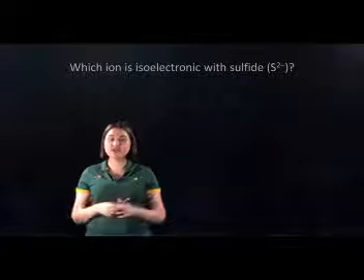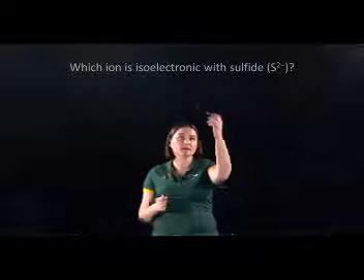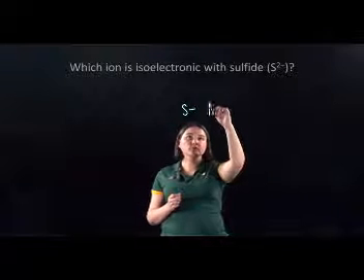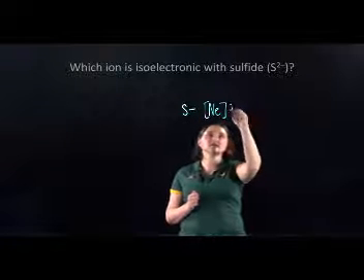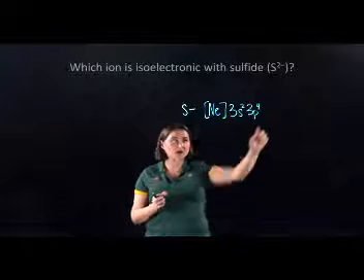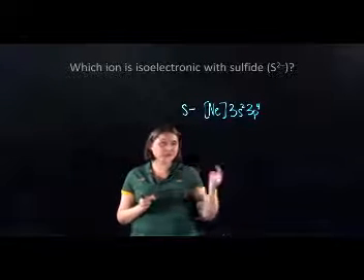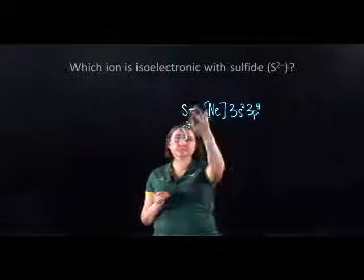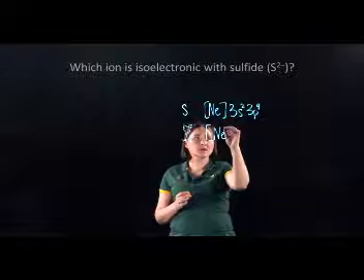All right, so which of these is isoelectronic with a sulfur 2- ion? So a couple ways you could have gone about this, and this is kind of the longest way. If we had the electron configuration for sulfur, we would see that it's neon 3s2, 3p4. So we are 2 electrons away from a full p shell. That means we're probably going to add 2 electrons to it. And so the sulfur 2- ion, let me erase that so you don't think that it's sulfur minus. It's going to be neon